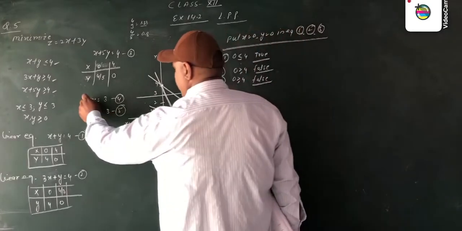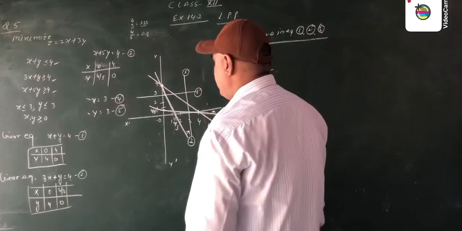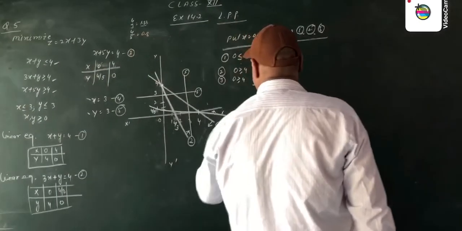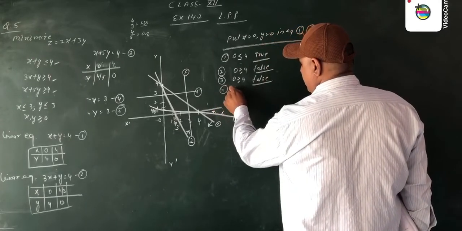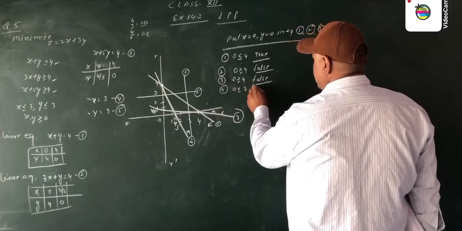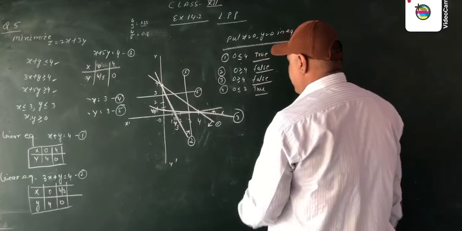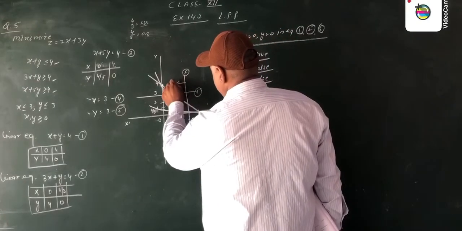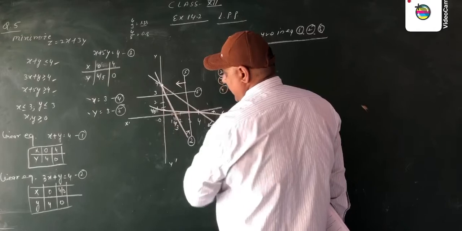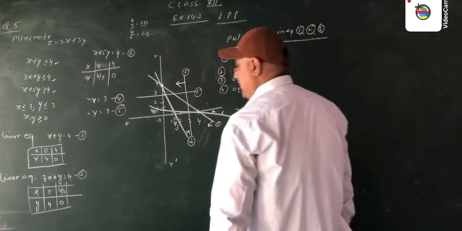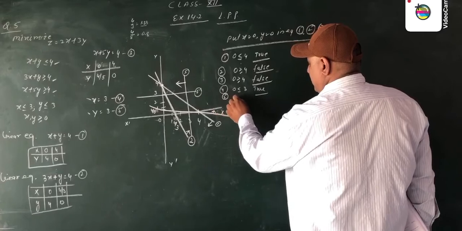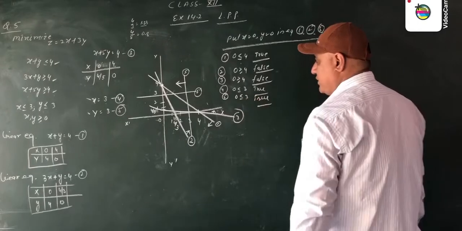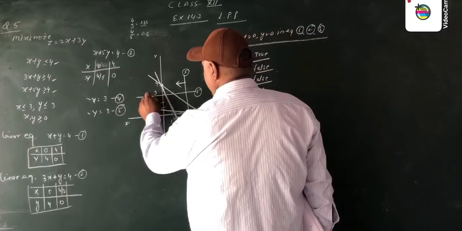Now for the graph of equations 4 and 5, x is equal to 3. If we put x equal to 0 in equation 4, 0 is less than or equal to 3. This is a true statement. Since it is true, the area lies toward the origin. x is equal to 3, so this area is toward the origin. Now the last equation, y is less than or equal to 3. Put the value y is 0: 0 is less than 3. This is also a true statement. Since it is true, y also takes the area toward the origin.